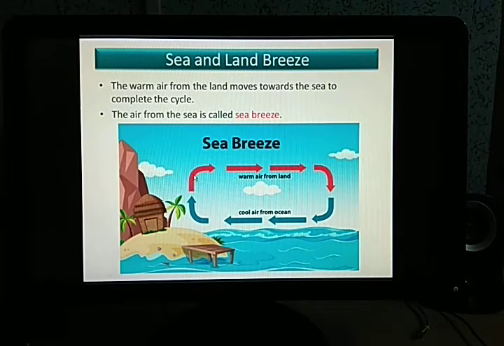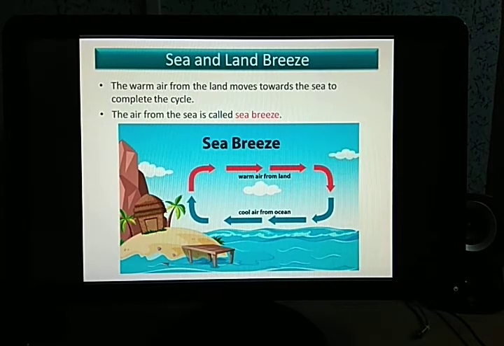This hot air will go back to where? It will go back to the ocean again to cool down. Then again the cool breeze will come from the ocean or the sea. It will reach the land, get heated up again, rise up, and go back to the sea. In this fashion the whole cycle goes on continuously, and it happens only during the daytime. The cool air coming from the sea or the ocean is nothing but the sea breeze.